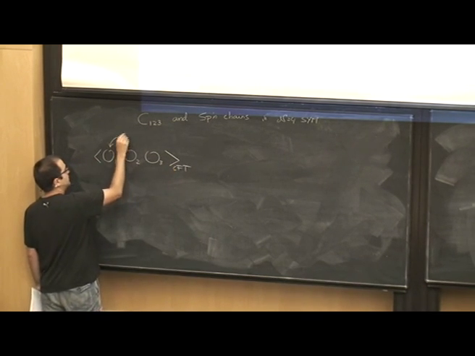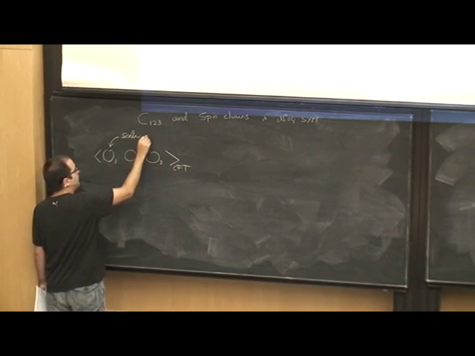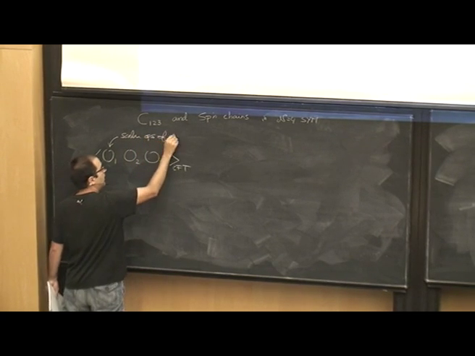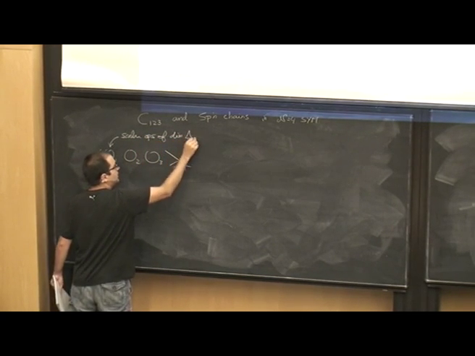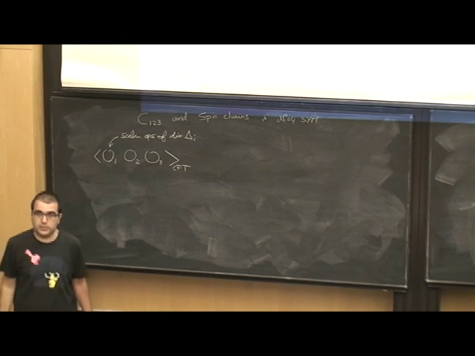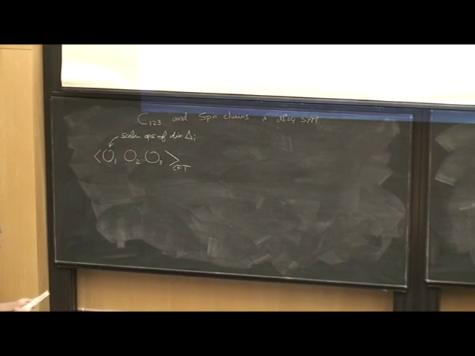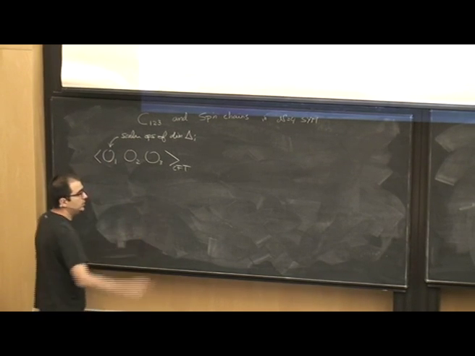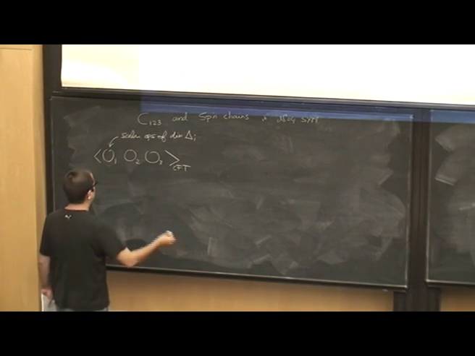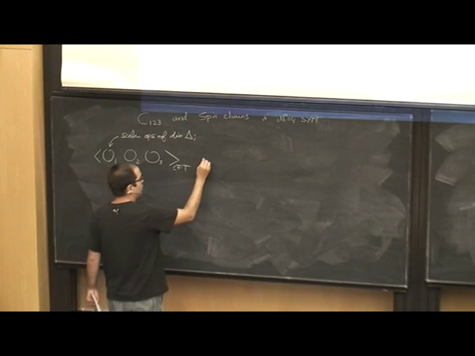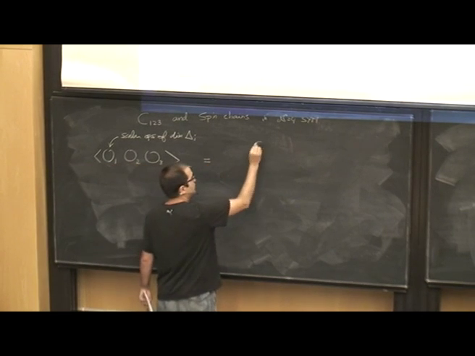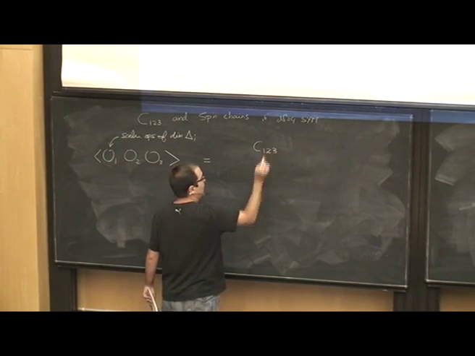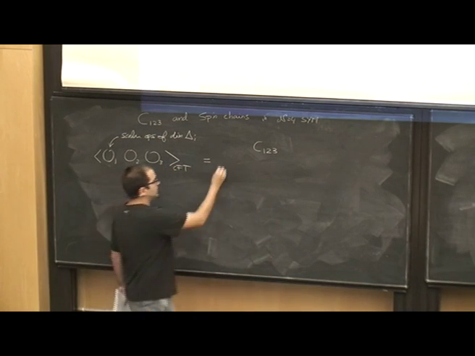Let these be scalar operators of dimensions delta 1, delta 2, delta 3. Let me remind you of a couple of things that you know. This three-point function is totally fixed by symmetry up to a number called the structure constant,